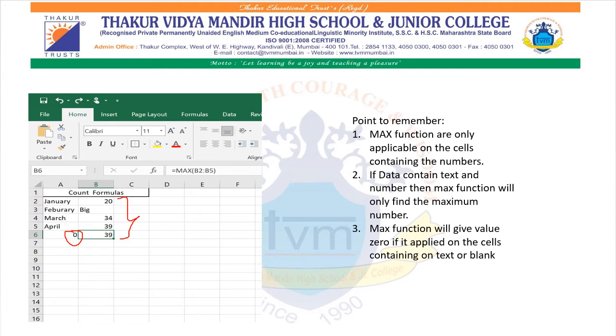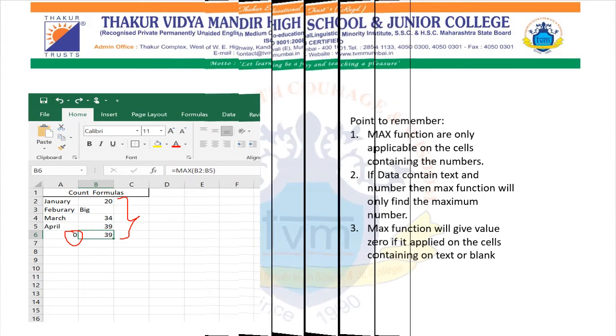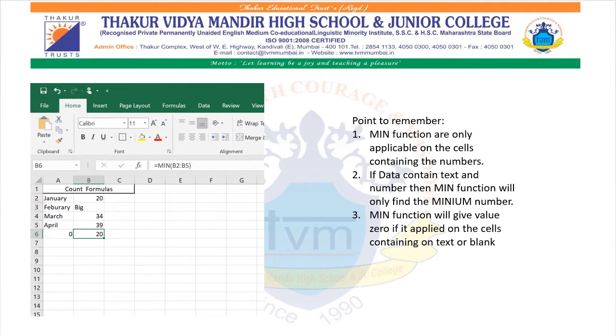Next, the same thing happens with the min function. The min function is used to find the smallest value from the given set of selected cells. This function is also applicable to numbers. To use this min function, we select the cell, go to the Home tab, and from the Editing group click the arrow next to the AutoSum icon.